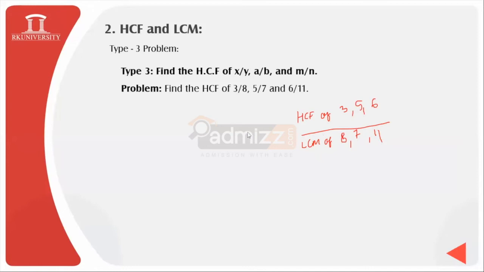Okay, I'm finding one query related to the previous type. Sir, we have to do 9,999 minus 99 and 10,000 plus 200, and for 6, 7, 8 digits, how can we do? The same process, student, you need to follow for 6, 7 or 8 digits or higher than that.